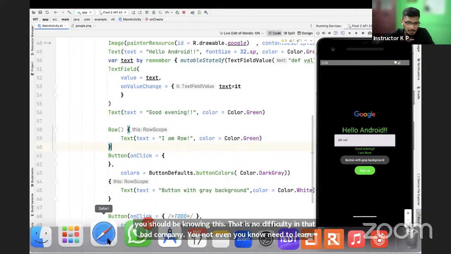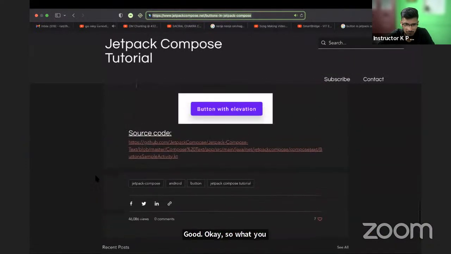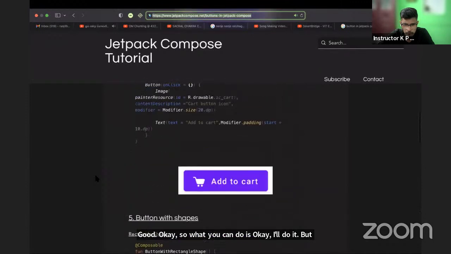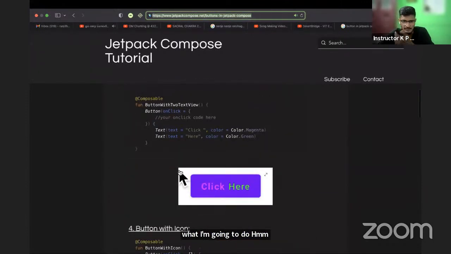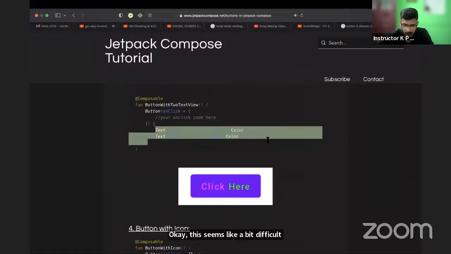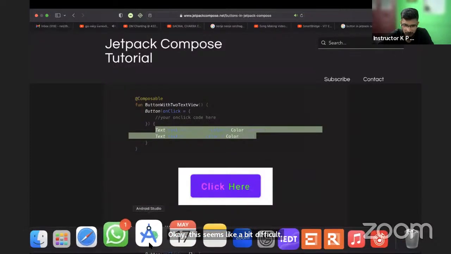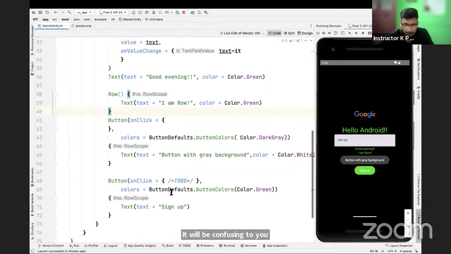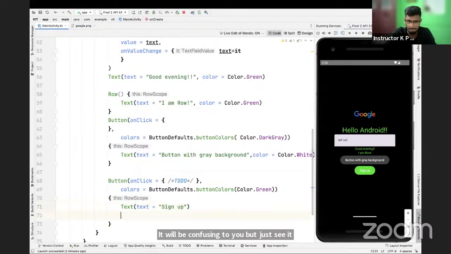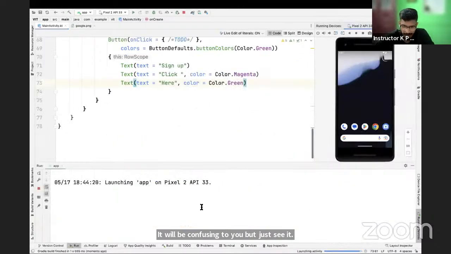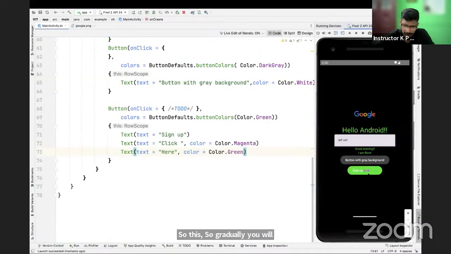Okay, so what you can do is, I will do it. Okay, this seems like a little bit difficult. Let's try it. It will be confusing to you, but just see it. So this acts as a parent. Gradually you will understand. It might be confusing to you why I should have different text and all in a single button,